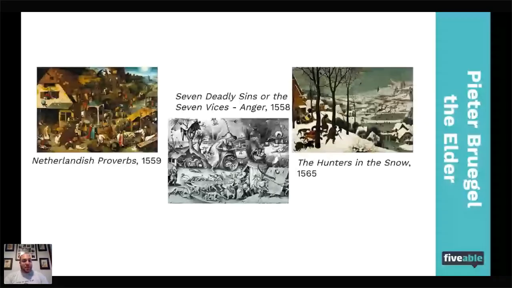Over here, this is one of his paintings. It's called Netherlandish Proverbs. Again, guys, remember the Netherlands, technically, did not exist yet. It was part of Spain. So what we actually have are the Low Countries, or you might hear them referred to as Spanish Netherlands, but they still technically weren't around yet. This one is one of my favorites of the Northern Renaissance oil paintings because it's so outlandish.